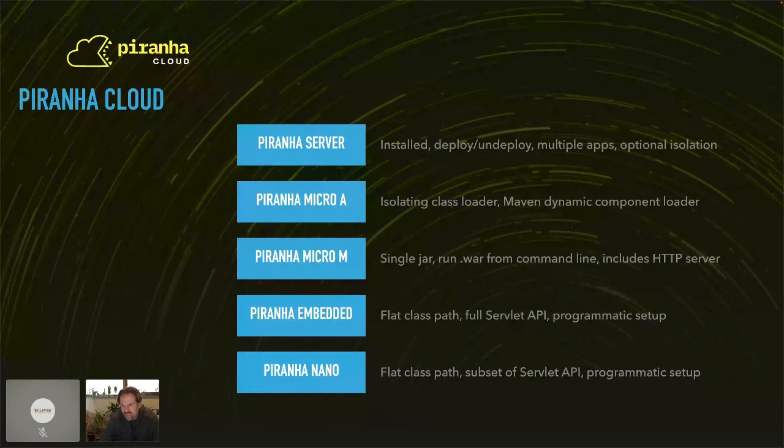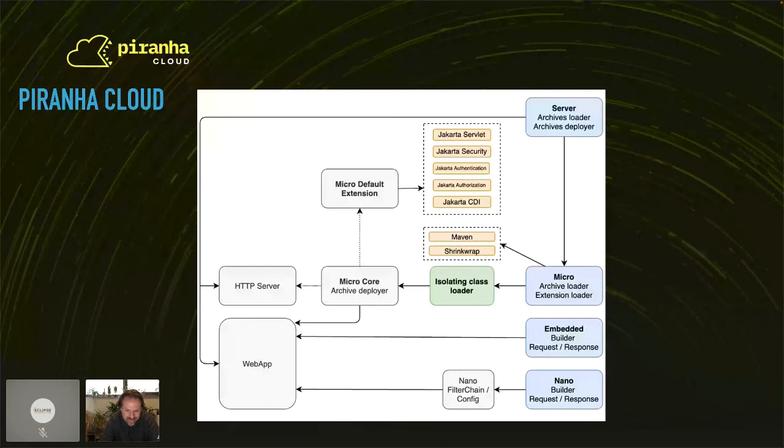Okay, so here we see a graph that kind of explains the thing. So on the right we see those four versions that we talked about before. We only show Micro A here and not the M, but the diagram is mostly the same without it.